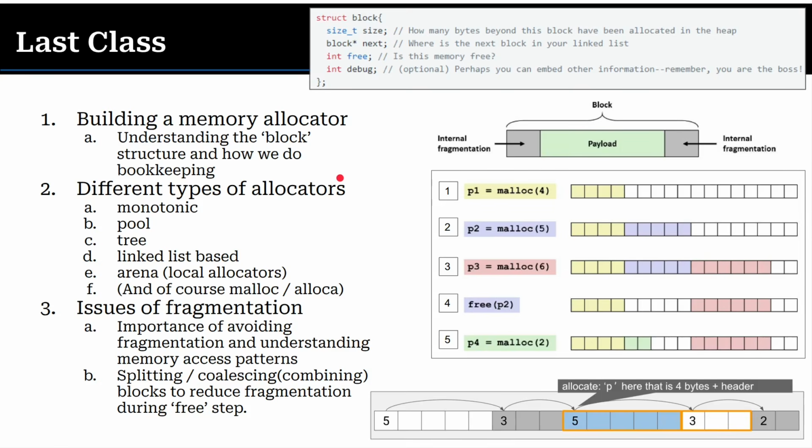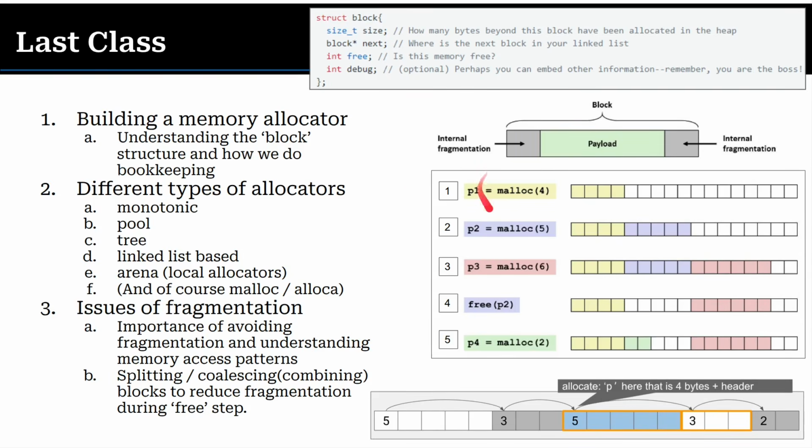There are many different strategies for the different allocators that we have: monotonic, pool allocators, trees, linked lists, arenas, and so on, and of course our global general purpose allocators. But along with these come some challenges, and maybe each of these different strategies can help us address some of them, things like fragmentation, which we spent some time talking about.